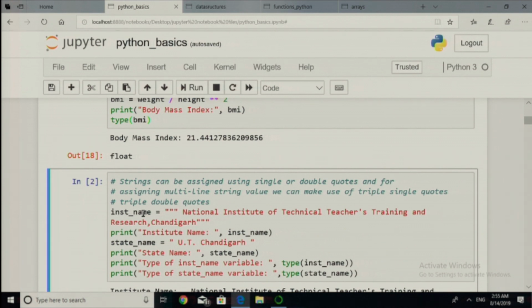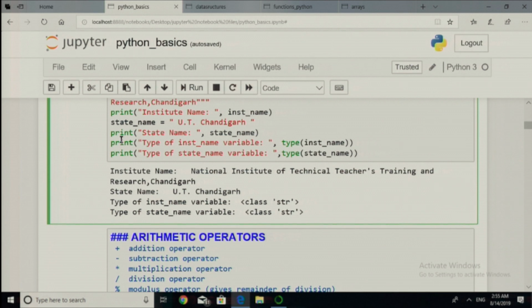So one more thing is there, when we make use of any variable in Python, usually we prefer lowercase letters, and in case we want to declare some value which is going to be constant, then we can make use of capital letters in the variable name, like PI equals to 22.7, that is some kind of constant if you want to declare. So further what we have done, we have simply displayed the value of both the variables, that is inst underscore name and state underscore name, by using the print statement,